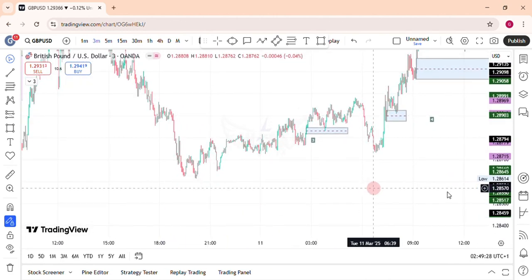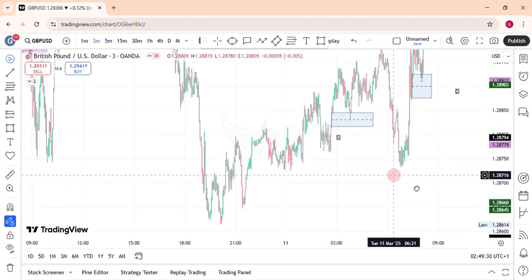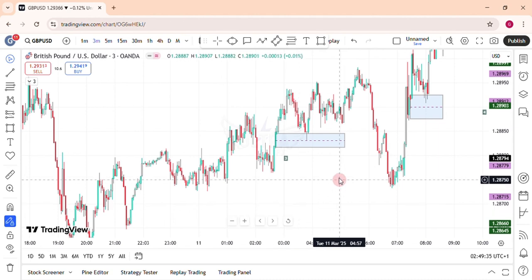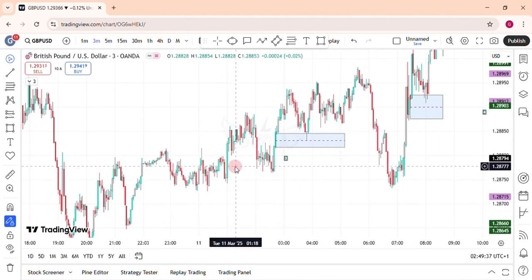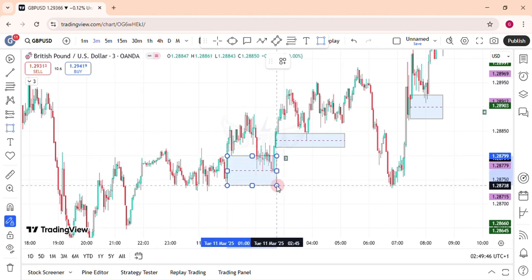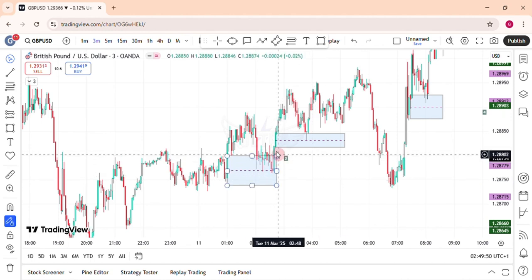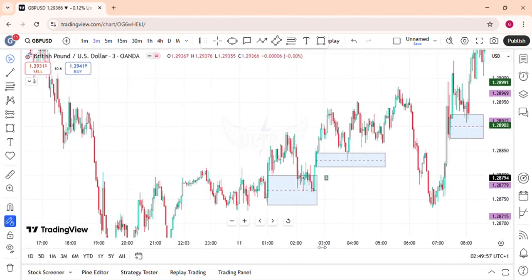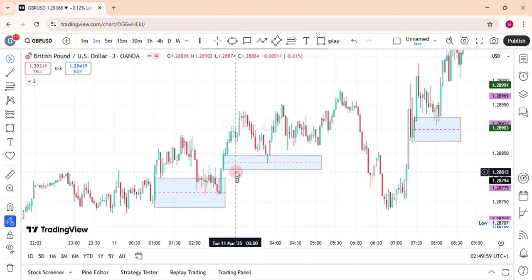Now on our third trade, and this is a 3-minute time frame, you can see that price tapped into a fair value gap first here at this spot. So let's see it. Price tapped into this fair value gap here. Our entry is supposed to be at this spot here, but price did not come to that entry. Instead, price used this fair value gap here. So we move on to this fair value gap and see what price is trying to do here.